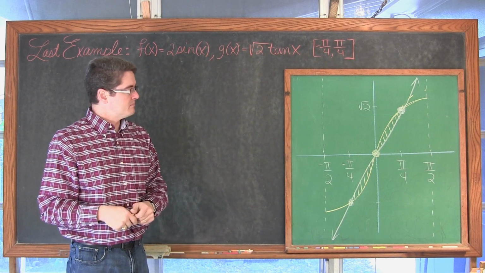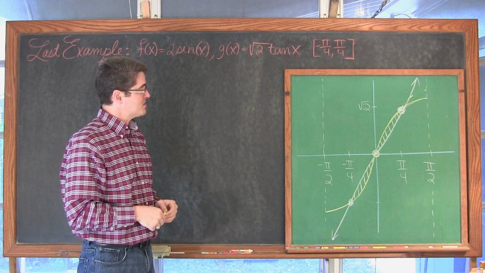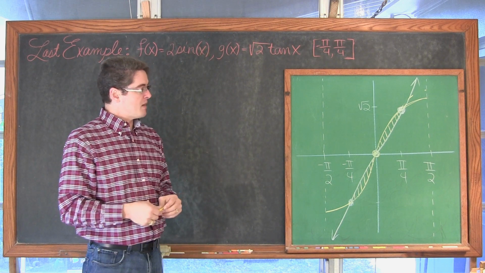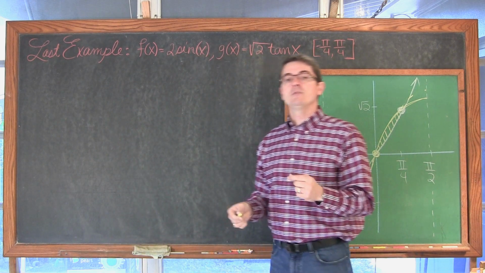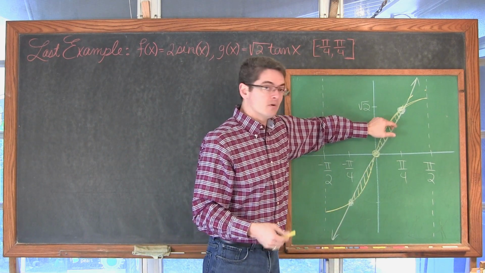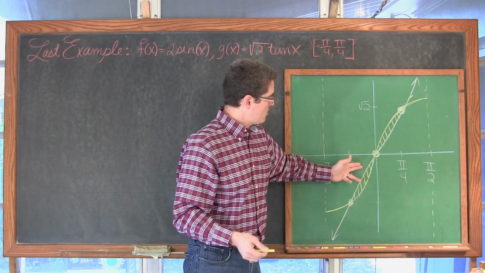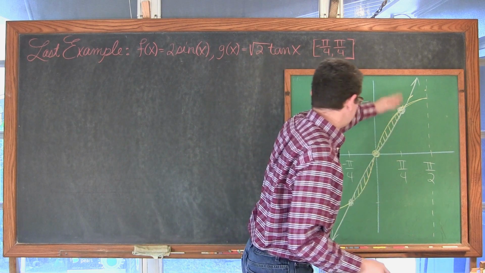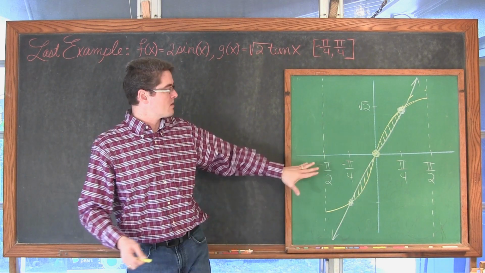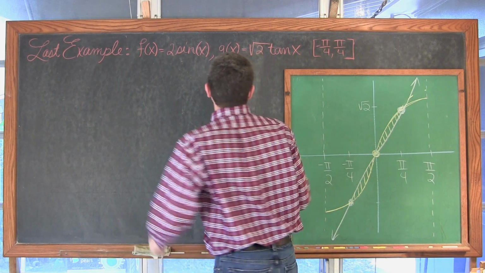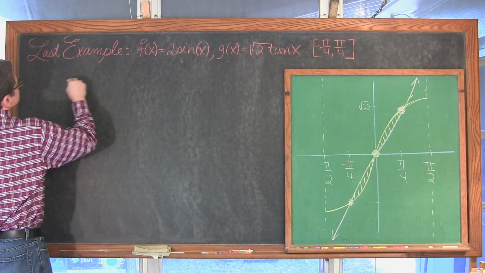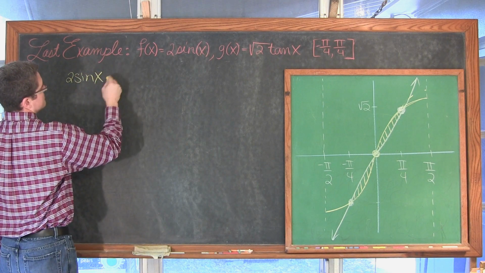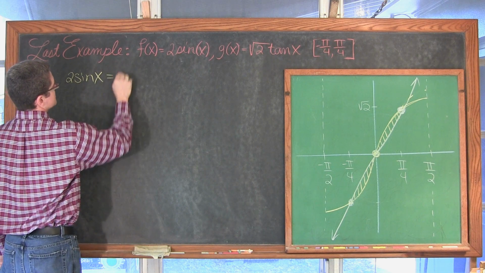So, while I have a drawing done, you could see it was a very rough sketch. I'm kind of making it look like the intersection points are happening at those x values of negative pi over 4 and positive pi over 4, but we really do not know that. All we know is that on this side in quadrant 1 for a while, the sine is above the tangent, and in quadrant 4, we have that the tangent function is above the sine function. So let's work on finding those intersection points. Well, that means that we're going to have to set these equal to themselves. I'm going to change it so it is set equal to 0.